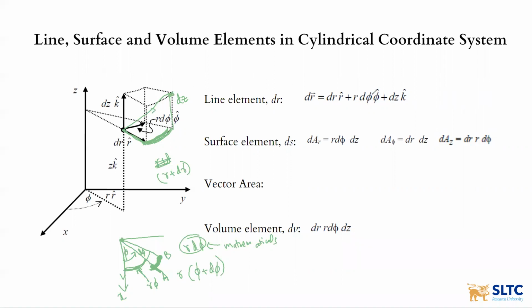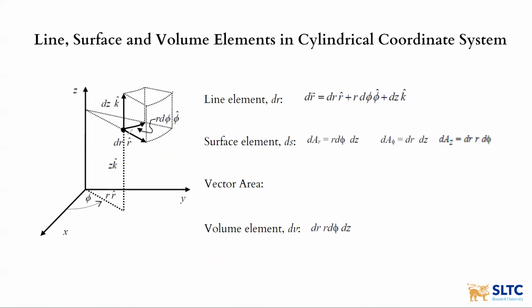Anyway, in general, we are only taking r d phi as the length that we have traveled along the phi axis, right? So we are actually not considering a whole journey. We are only considering that we are staying in one position, and then we are moving a dr distance along this direction, and then we are moving r d phi in the phi hat direction, and then we are moving dz along the k hat direction. And then we are finding that the sum of those three vectors will give us the total line element,